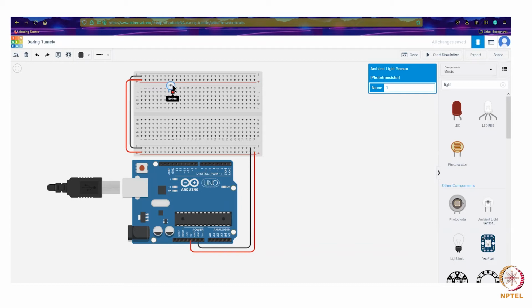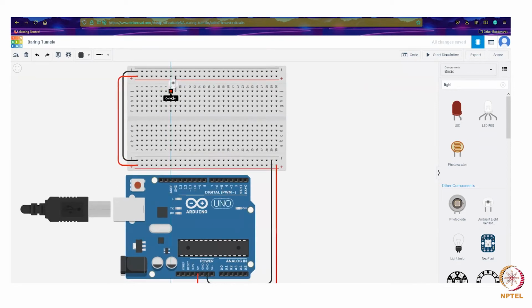I will connect the 5-volt pin to the emitter, and the collector pin to a digital pin, since this will act like a switch, because it can give you either 0 or 1. The 1 equivalent is basically the 5 volts. So I'll just connect it to any digital pin, say 4.